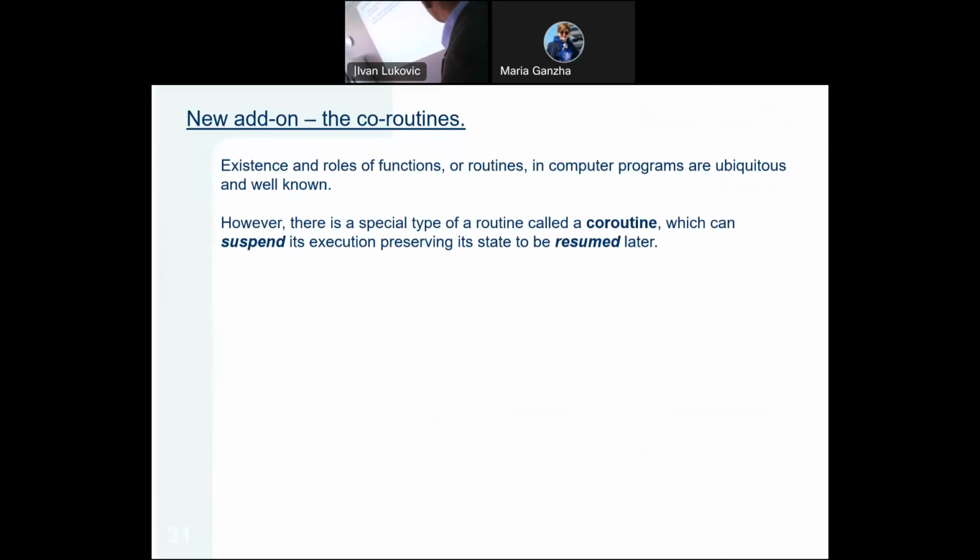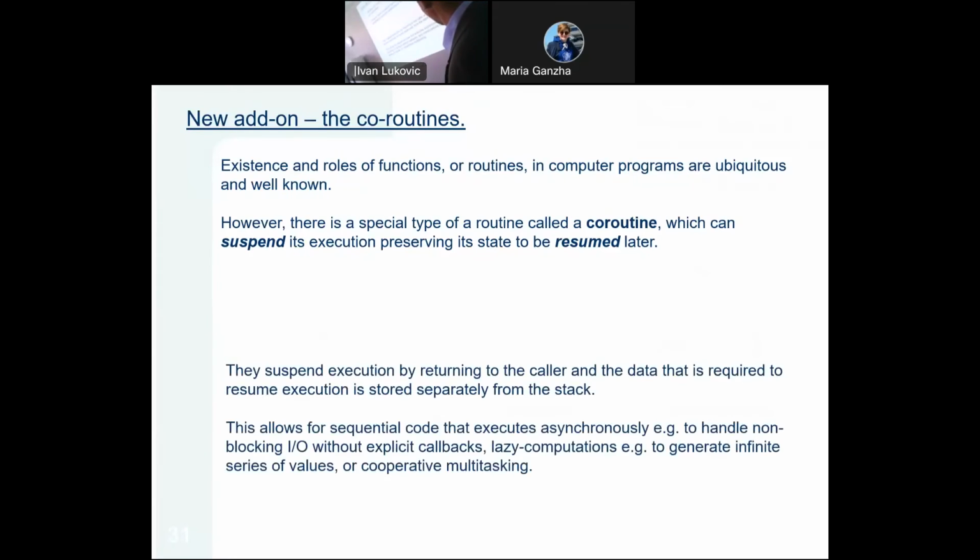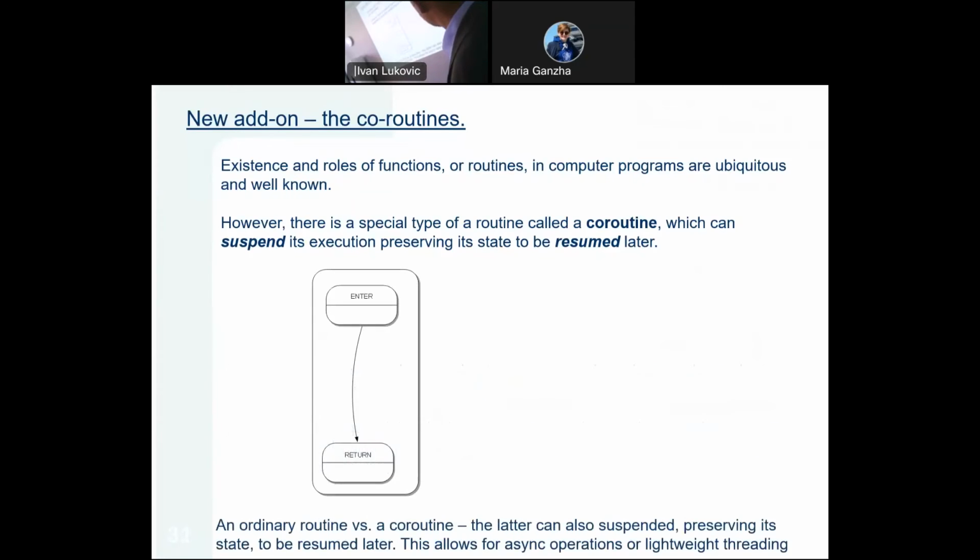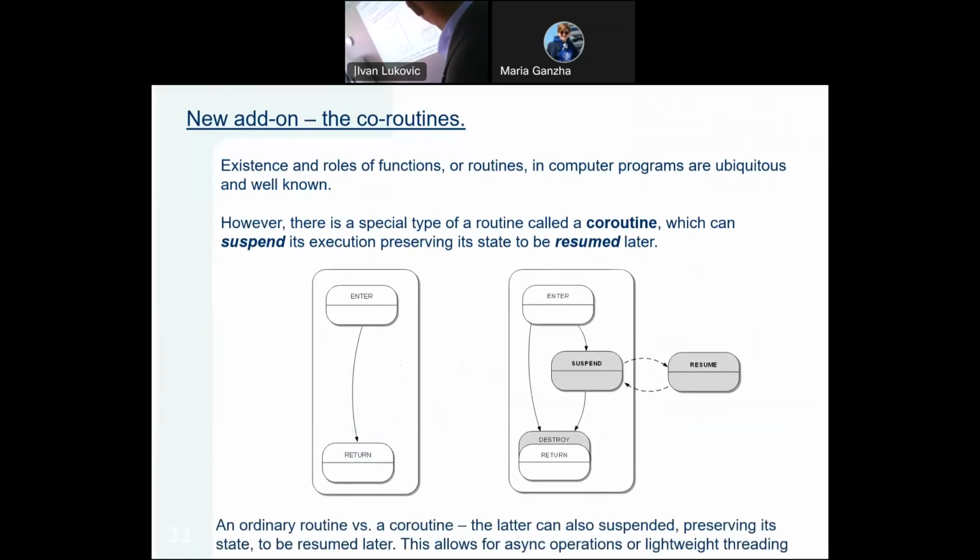We can use something like this. So here are some examples, and the return. This is an ordinary routine function. And here we have this, we can suspend and we can resume a coroutine. So this is only a recently added feature to C++, but we can use it to build Forth which uses coroutines,